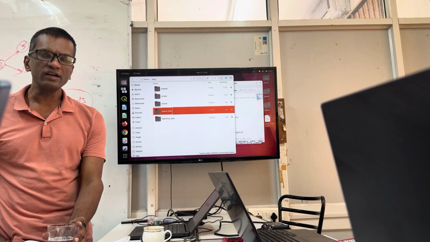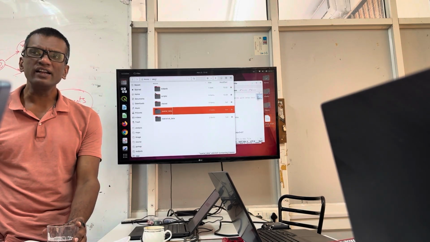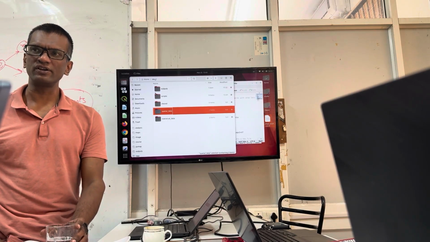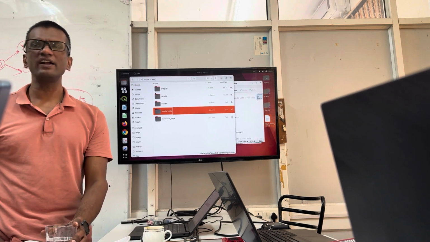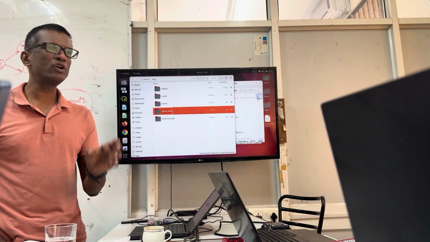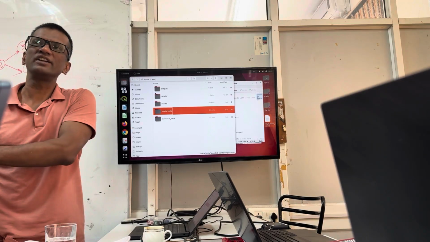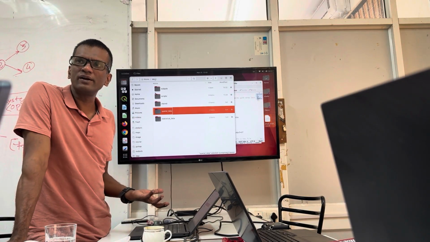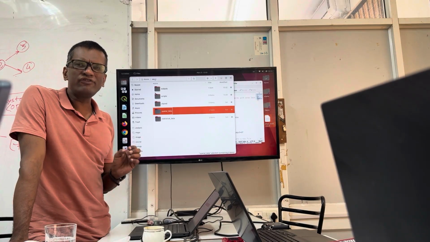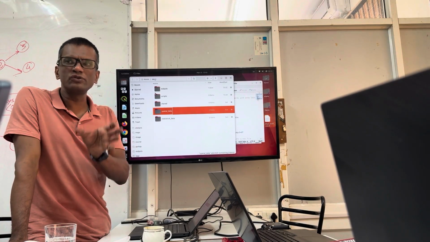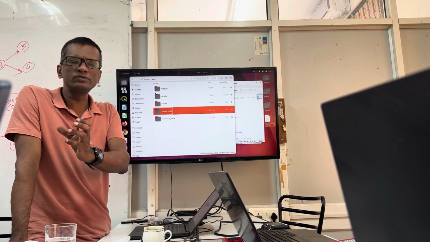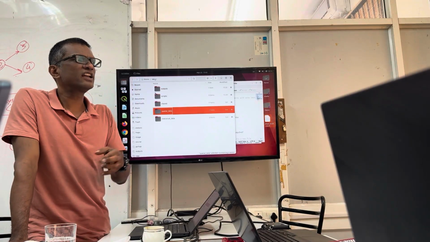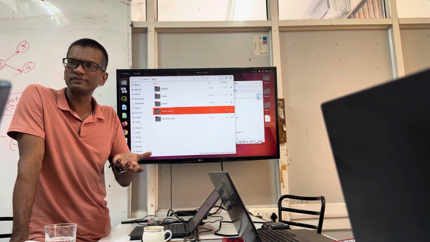If slum dweller, and if EWS slum dweller, then check if area is less than 30 square meter or not. If it is both 30 square meter and less than, then do something. If not, then do this. If not that also, then do something else. Here now we have separated in 3 different programs. You can also combine in one program by saying that if it is less than, then what to do. If it is this, then what to do. So in the first case, just generate numbers. In the second case, generate the premium value. In the third case, it can be also generate premium value and prepare some maps also. So